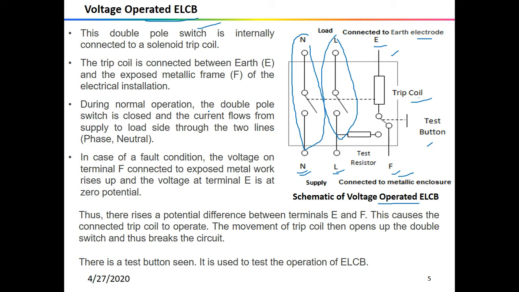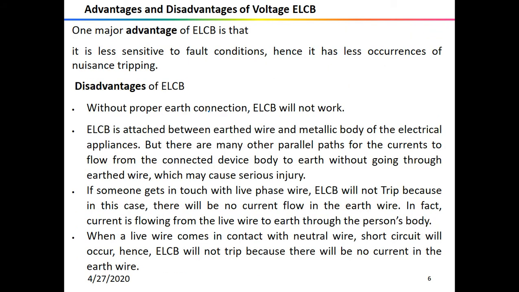So the time duration in which the breaker should operate is 30 milliamperes, which we can sustain, divided by 460 milliampere, and it is nearly 65 milliseconds. So it should operate in a very quick time. This is the operating way of the voltage ELCB, and I've already told that these ELCBs are less sensitive to fault condition, and have less occurrence of nuisance tripping. So this is one of the advantages, but there are multiple disadvantages with this ELCB, and due to this reason they are not widely used nowadays.